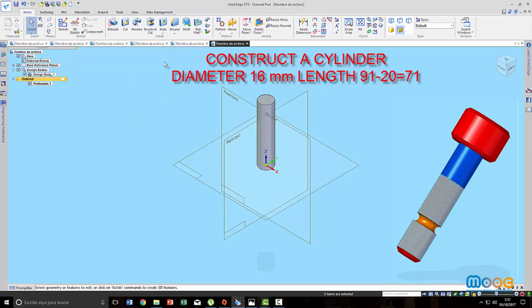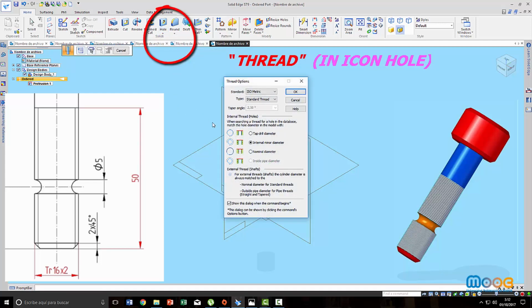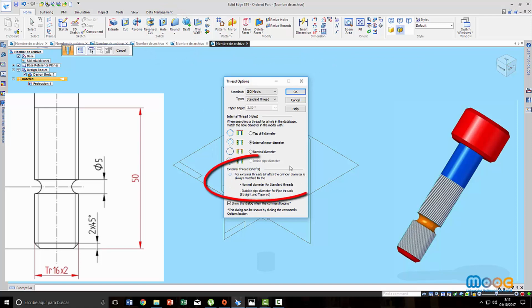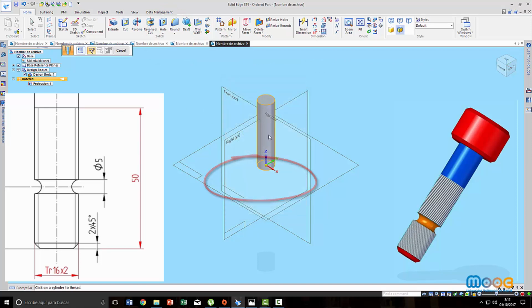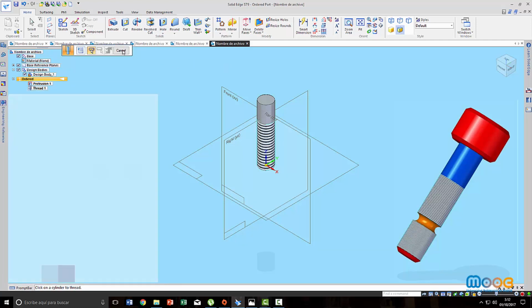And now we are going to do the thread. In the whole icon, you have the male thread. So you state it is an external thread, a male thread for a shaft. You state the cylinder, the bottom, and it's going to have a finite value. Not all the cylinder is going to be threaded. We state 50,